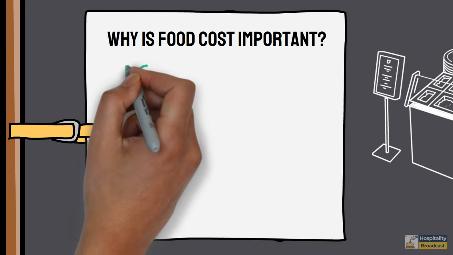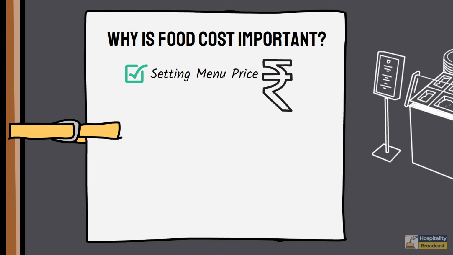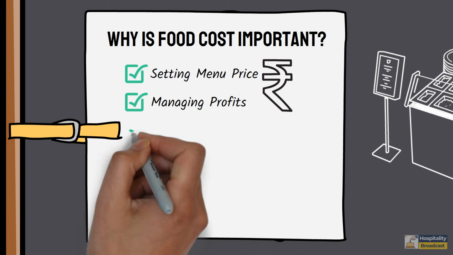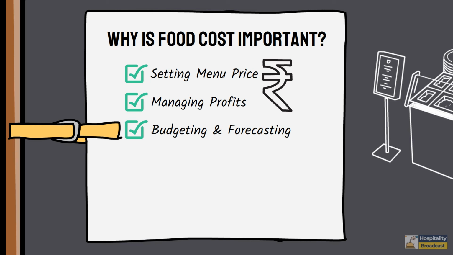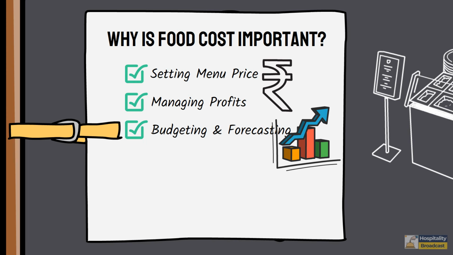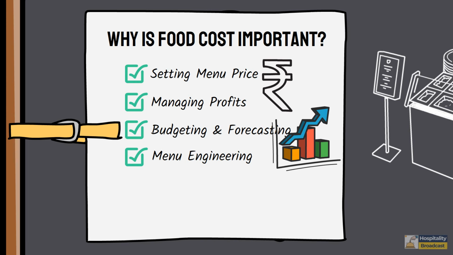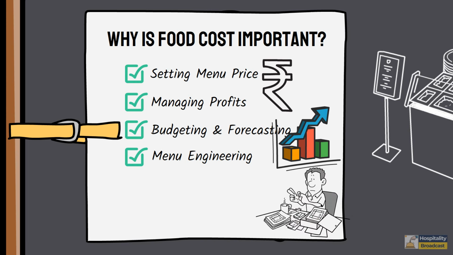If you know the food cost, you can set prices that cover these costs and include a desired profit margin. You can predict how much you will need to spend on food based on historical data and future sales projections. Food cost analysis can help you identify which menu items are the most and least profitable, so you can promote